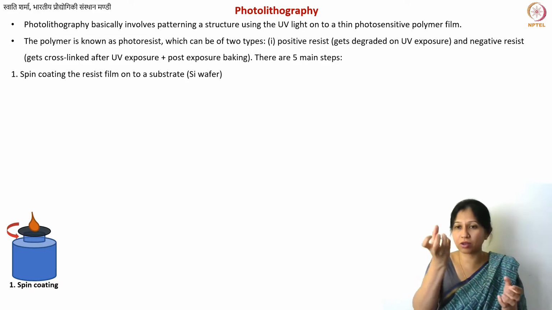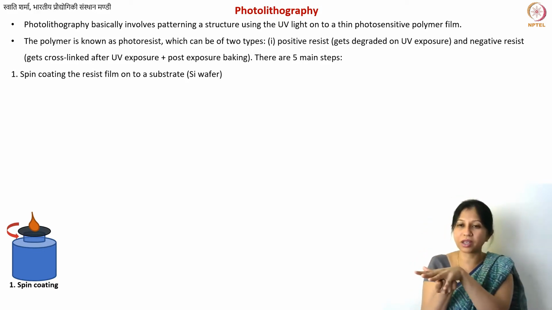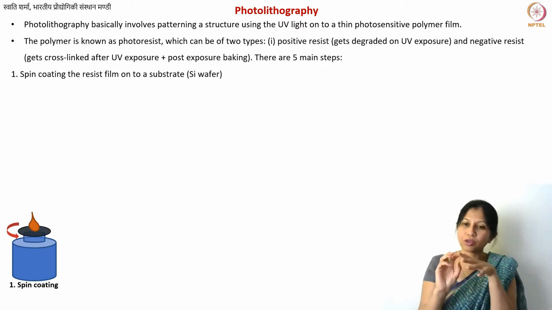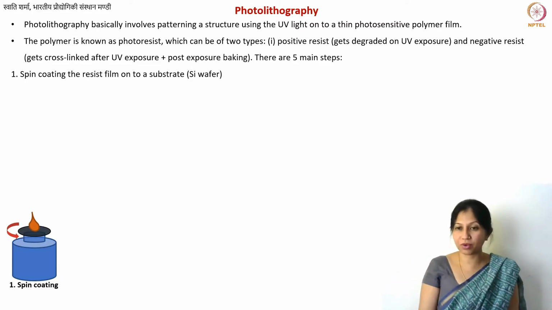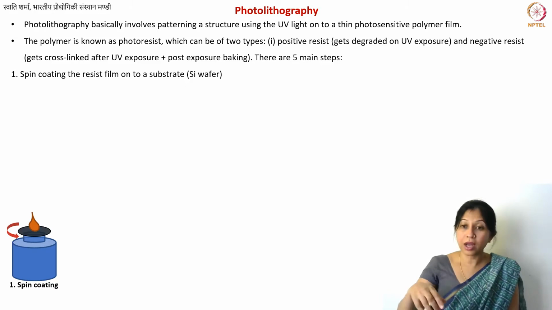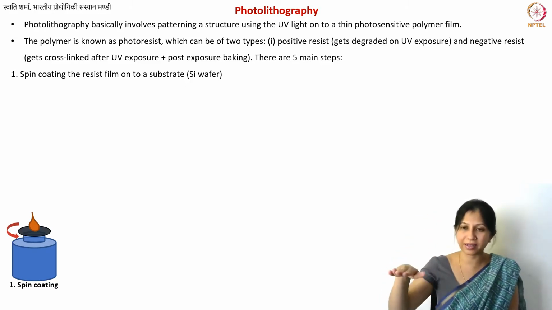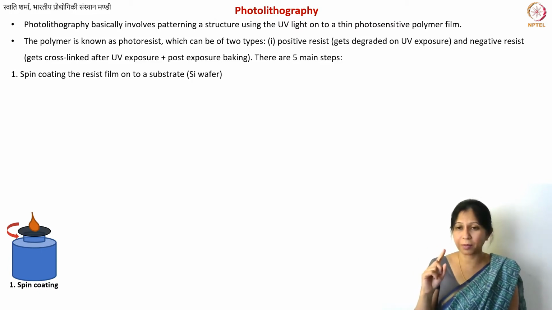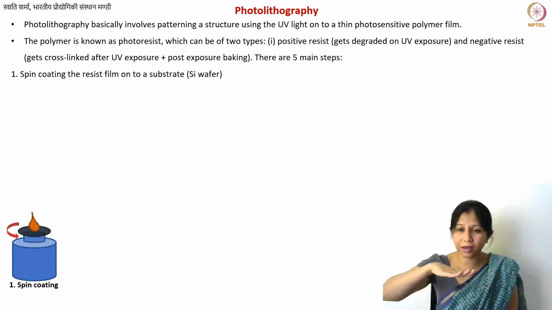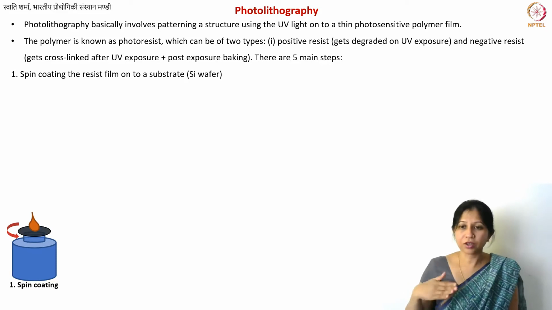And this motor also has a vacuum chuck, which means that you can attach your wafer on top of it using vacuum. Then this motor rotates at whatever RPM you set, let's say 3000. Now what will happen? You pour some liquid on top of a flat surface, and then you rotate it. What will happen? That liquid will convert into a film. So that is what you need.